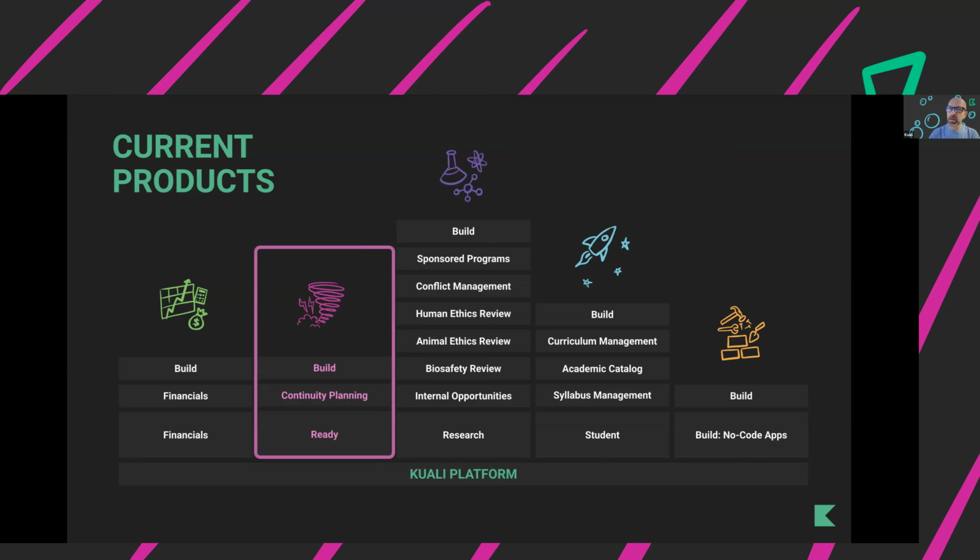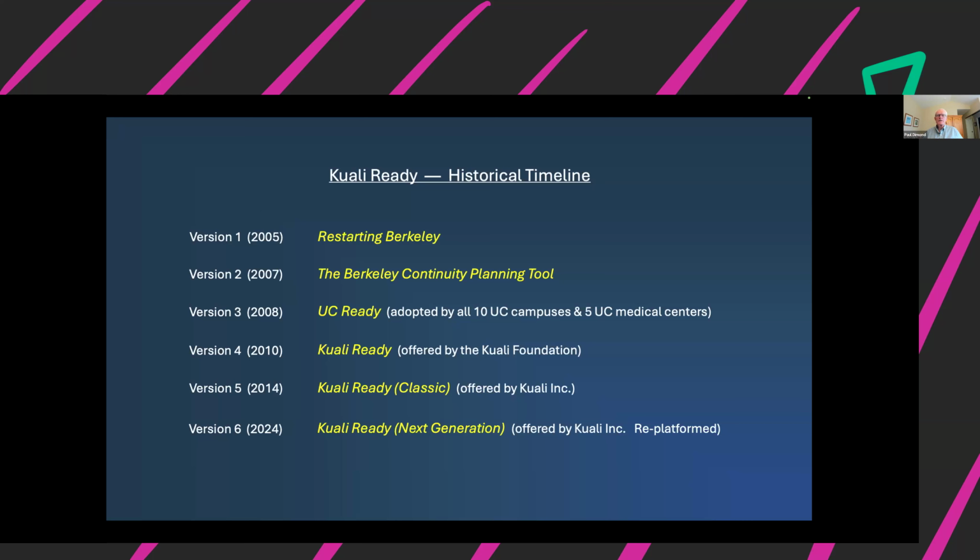And so as we continue, the foundation began to offer up Ready. So talk to me about the transition, how you all got involved with the Kuali Foundation. Sure. Well, we were involved with the Kuali Foundation in other ways. Principally, our IT department, our chief information officer, the head of IT, was on the board of directors of the Kuali Foundation, and he saw our UC Ready application as a good candidate to spread to other universities and colleges.